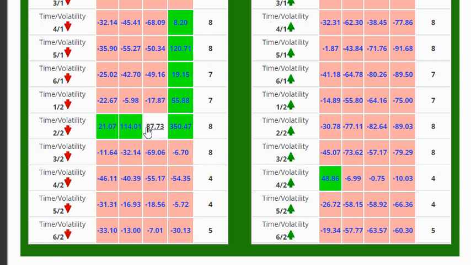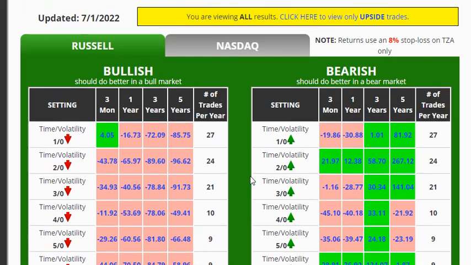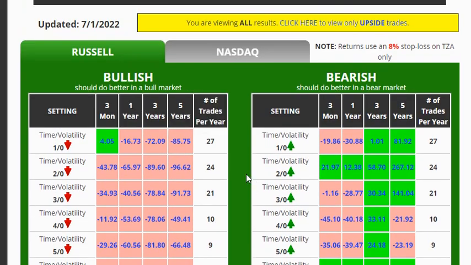So if the 2s on the bullish table were doing well, then that means possibly a bear market is coming. So we could go over and maybe predict the future and use a bear setting, and vice versa. If we start seeing the 2s in the bear doing well, then the bull one should be doing well. So we're here on the Russell, and just from what I explained, let's take a general overview of the